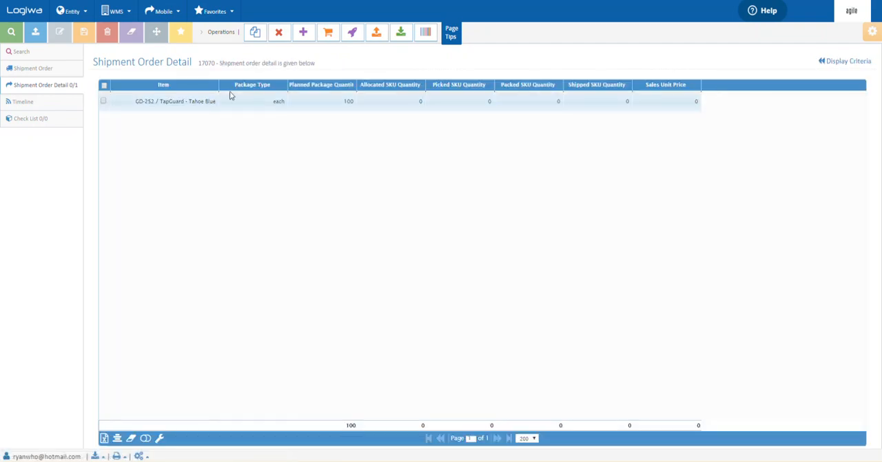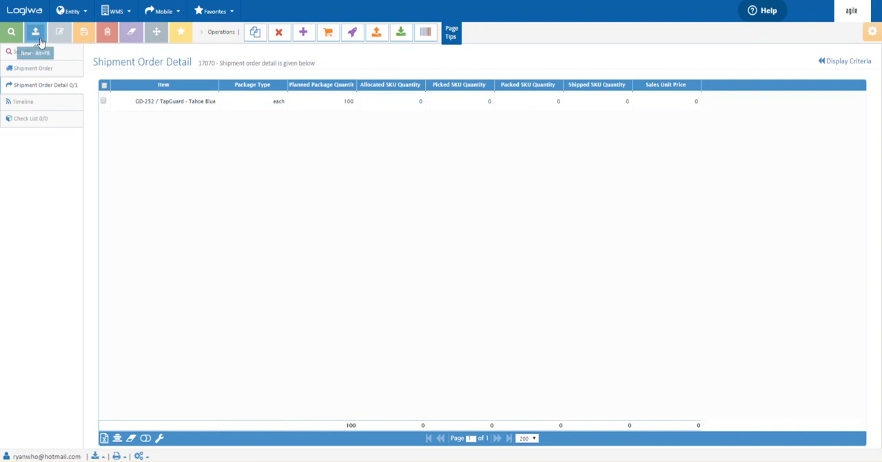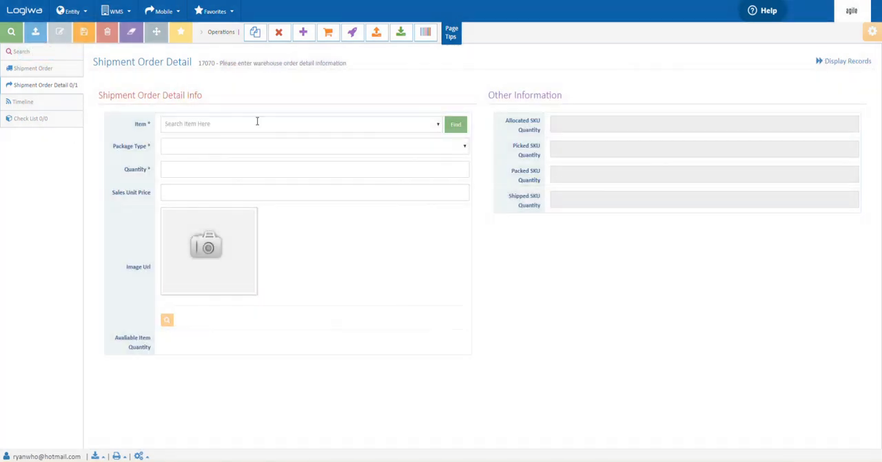So let's go to records. That'll show our records. And then if I hit display criteria, it'll show what's against that. So we're going to go ahead and add an additional item. We're going to come in here and let's say